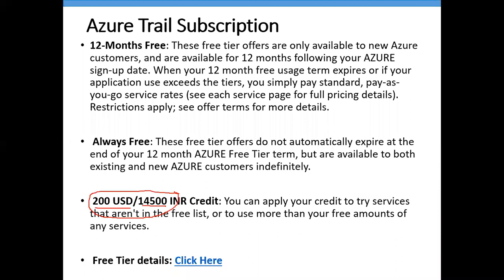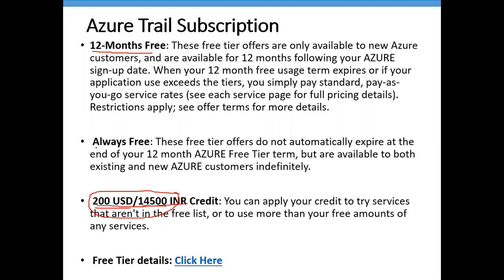It means for the first 30 days you can use anything, even if you use any paid service or any free service, you will not get a bill. It is completely free. But after 30 days, don't worry, at that time also you will not get a bill if we use the services which come under the free quota. There are a few services that come under the free quota for 12 months. If you are using that particular service, then you will not get any bill for it.